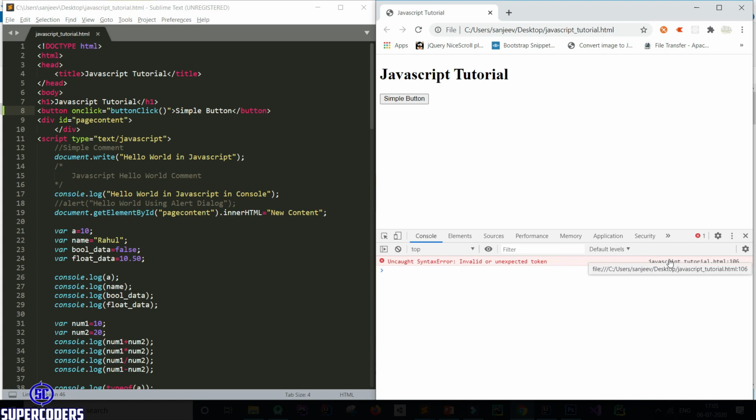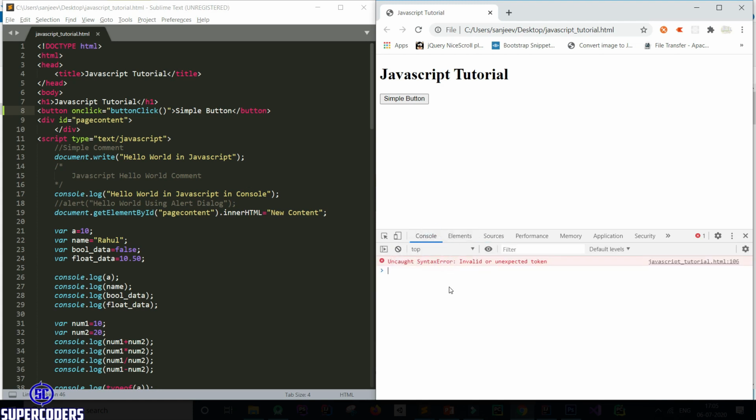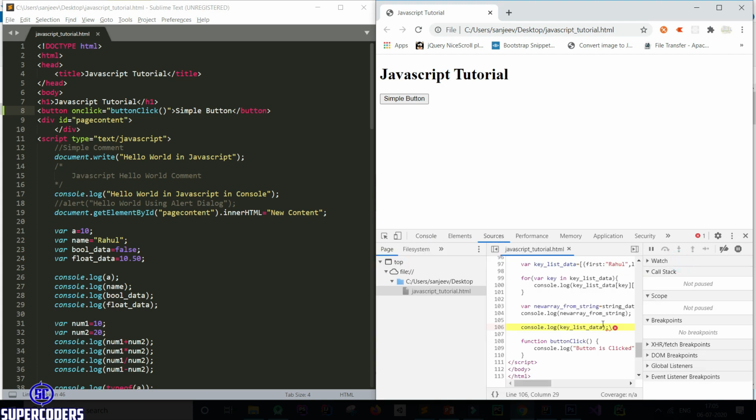Okay, here is the error. So here you can see one more thing. If an error comes, you can see your JS error in the console. It will show your error. That's why open this console here. So here you can see uncaught syntax error. Let's see this error. Click here. It will show the error. So here you can see an extra slash added.